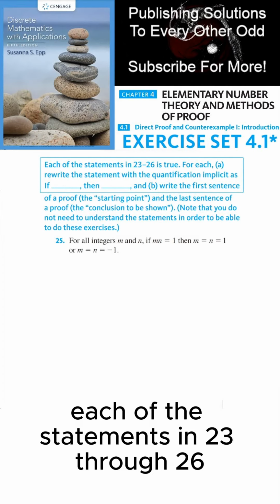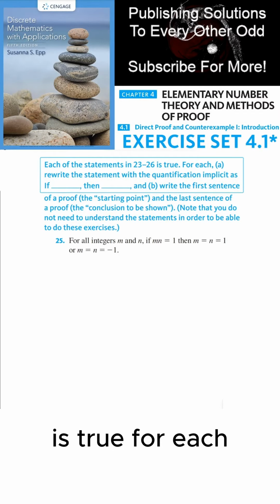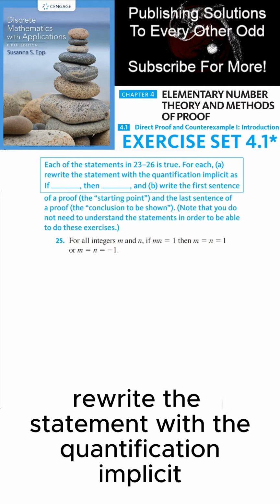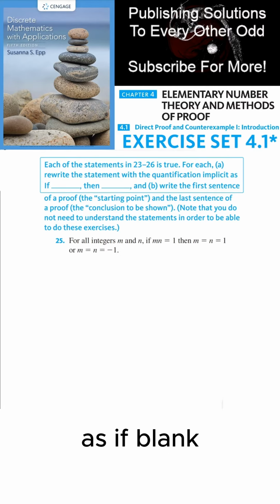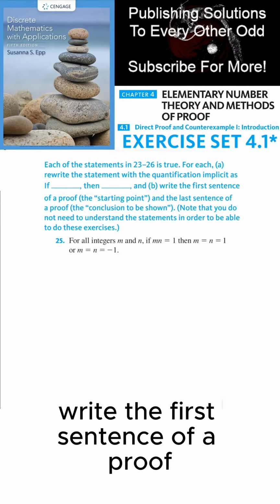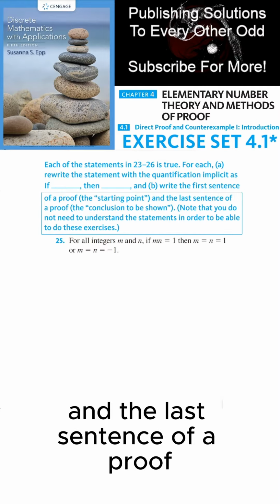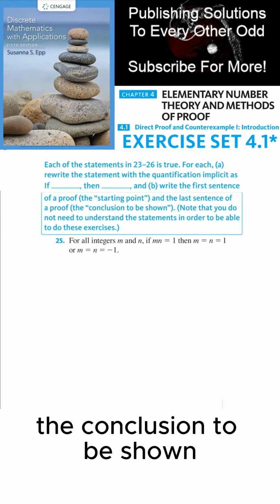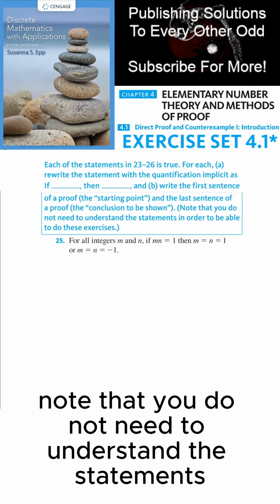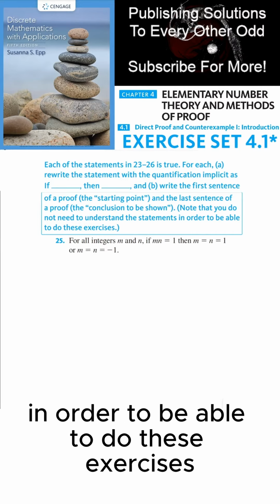Each of the statements in 23 through 26 is true. For each, part A says rewrite the statement with the quantification implicit as if blank then blank, and part B says write the first sentence of a proof, the starting point, and the last sentence of a proof, the conclusion to be shown. Note that you do not need to understand the statements in order to be able to do